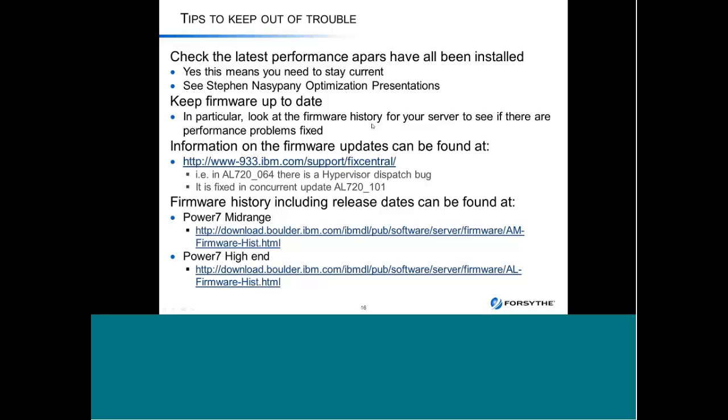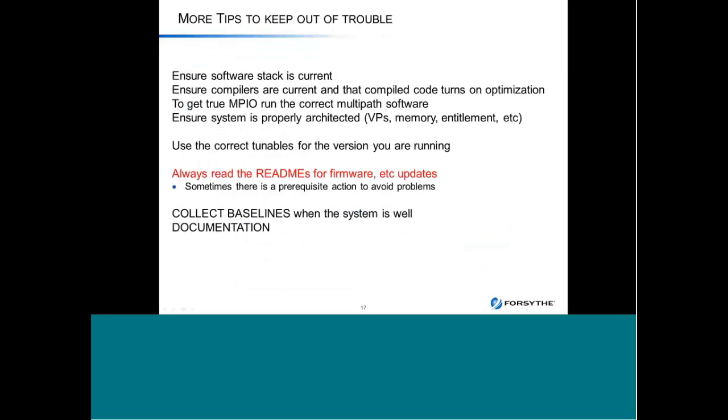Go look at the documentation on the technology levels. If you go and look at the AIX strength-to-strength PDF that's online, it actually tells you for every technology level pretty much any hypers that were fixed. So it's good to check that so that when you're talking to IBM on a performance problem, things go much smoother. The software stack being current, what I'm talking about here is that when people come to Power 7,